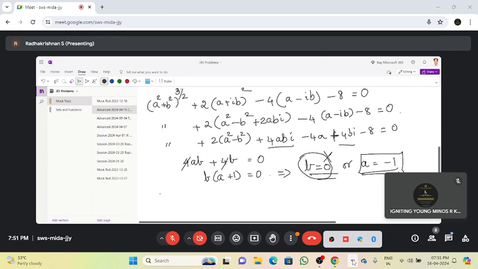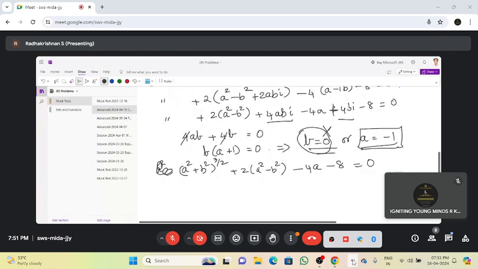I'll write the real part alone. You can substitute A equal to minus 1 in the real part. I'll first write the real part as such, then I will substitute. A square plus B square, this is the real part. Right? Now you put A equal to minus 1, A square equal to 1. So 1 plus B square